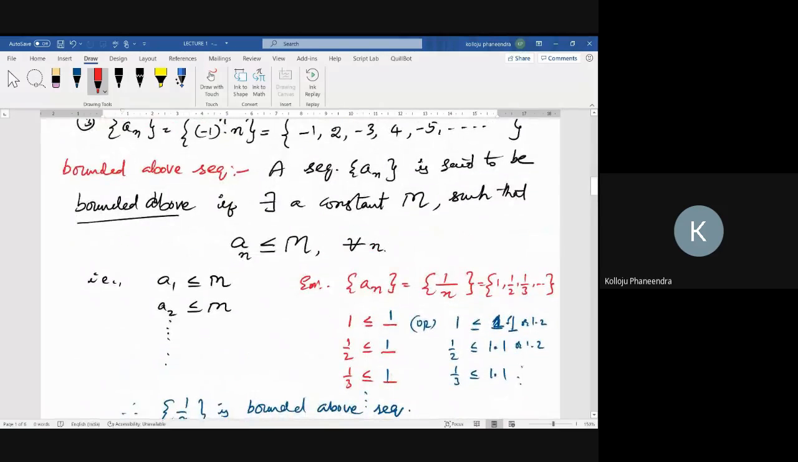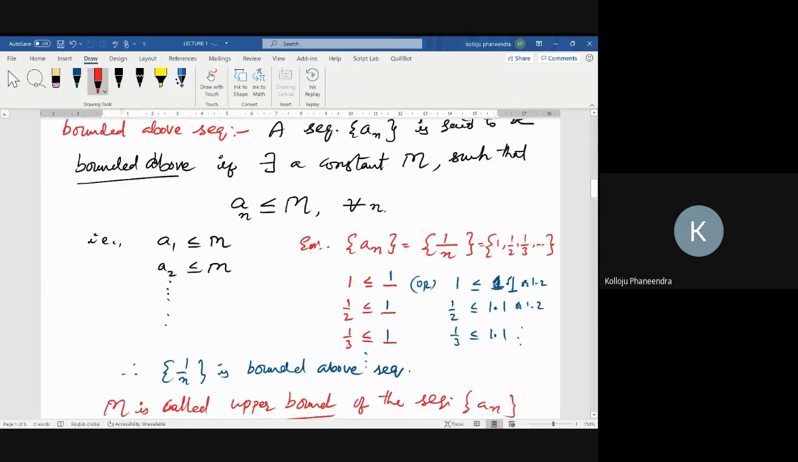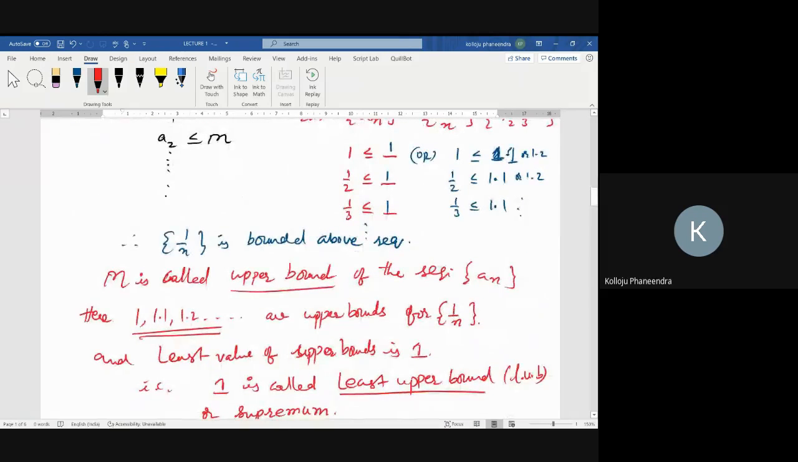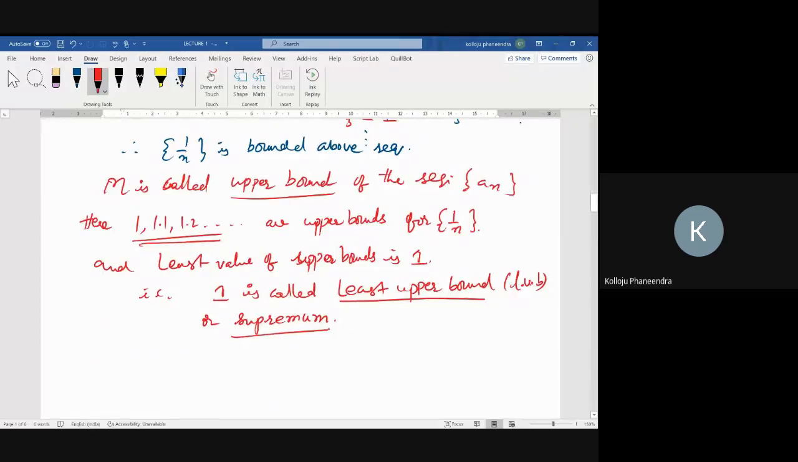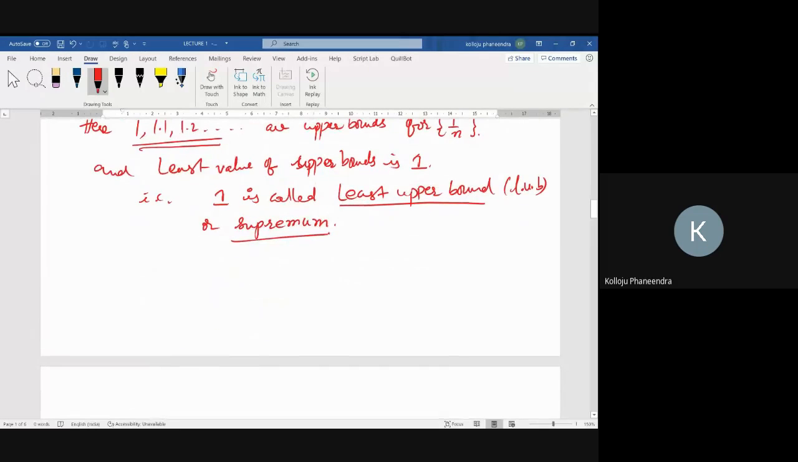Bounded above sequence means every value of the sequence must be less than or equal to some particular value. That value is called an upper bound. And that upper bound is not unique. The sequence has many upper bounds. Among all those upper bounds, the least value is called LUB, least upper bound or supremum. Okay. And the next one is